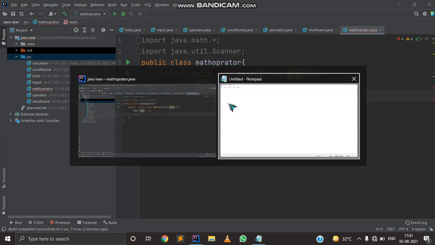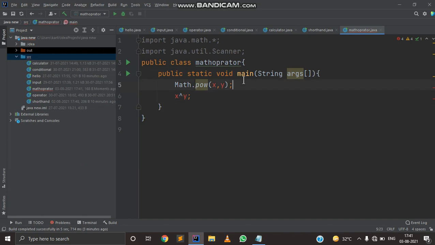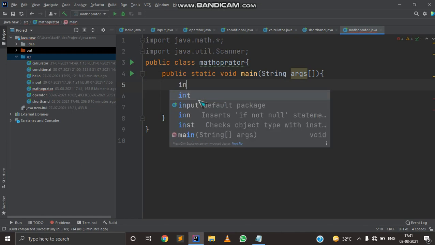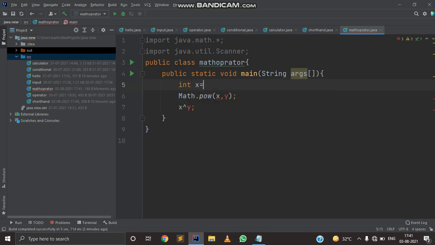It can also be initialized in many ways. So first I'm going to initialize integer x is equal to 10, y is equal to 9, and the return type of Math.pow is double, so I will initialize a double c is equal to this, and now I'm going to print c.